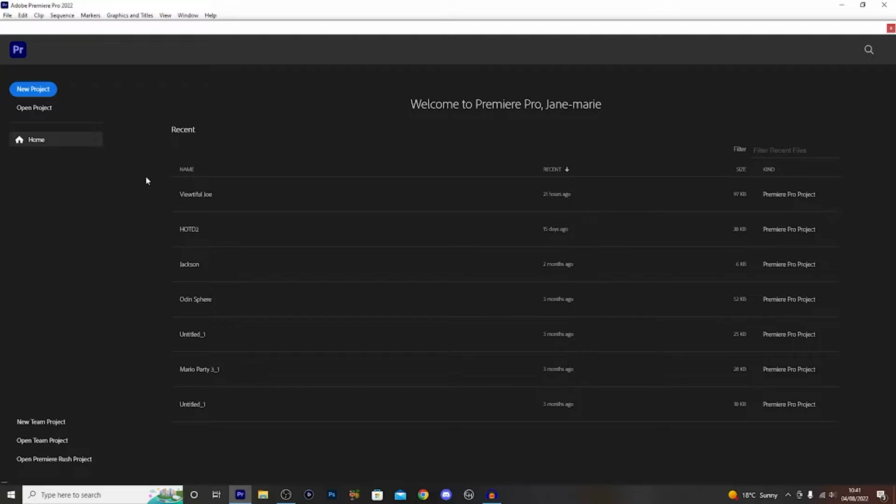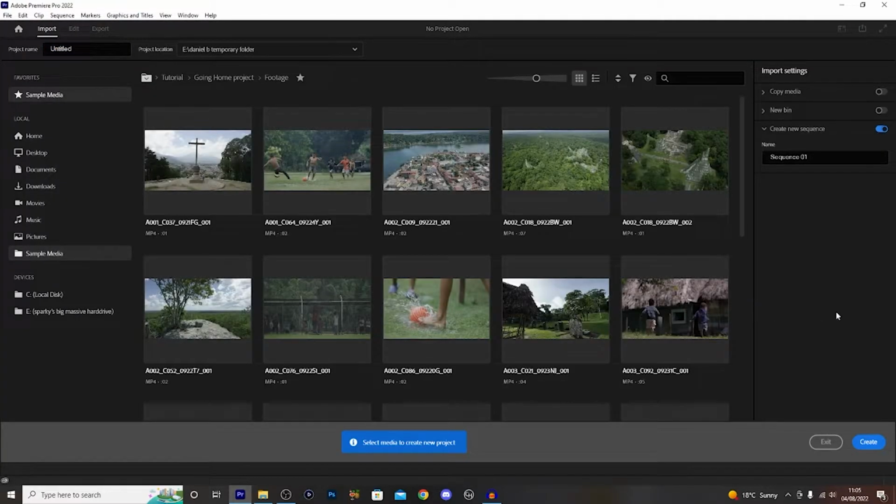Now, to get us started, we need to open a project page to edit said videos in. For that, we first need to come up here and click the new project button. Next, we go down to the bottom right corner of this page and click the create button here. What that will do is create an empty project page that we can use to start editing our